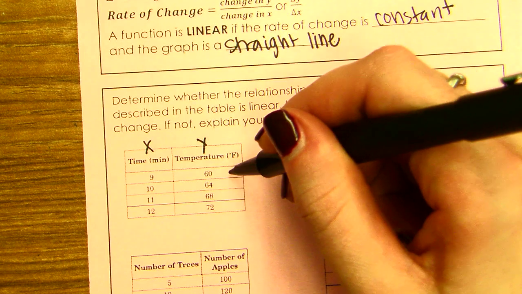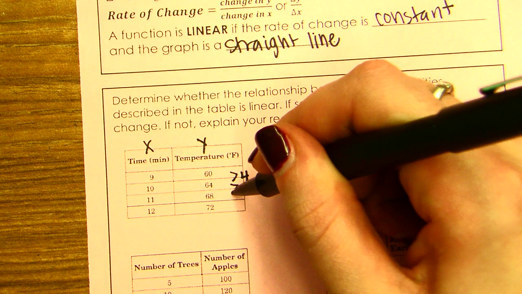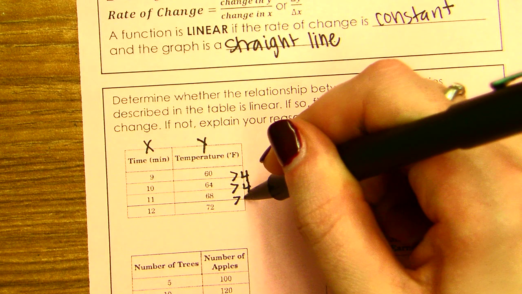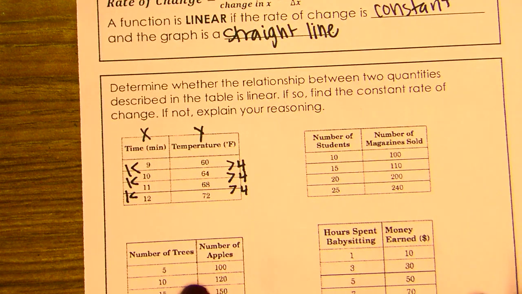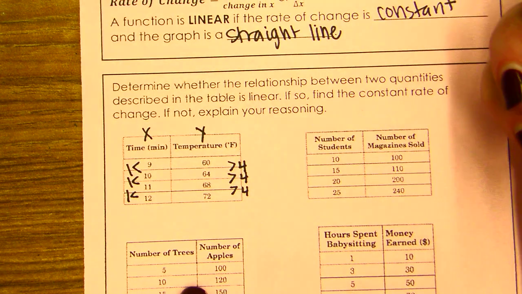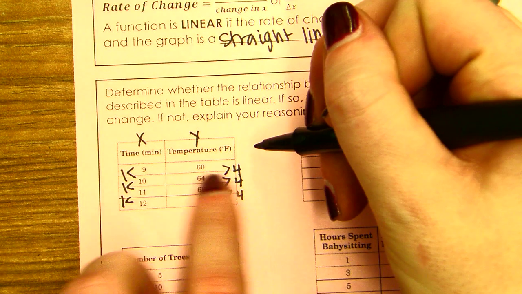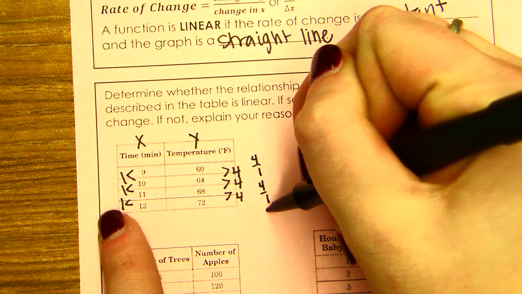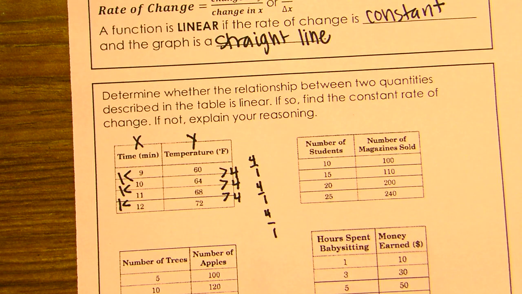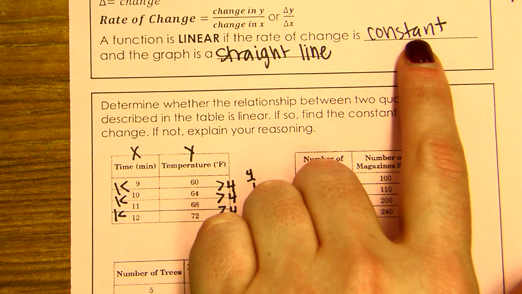So the change in y, this is going up by 4, 64 to 68 goes up by 4, this goes up by 4, and x is going up by 1s every time. So remember, it's change in y divided by change in x. So we do each row. 4 over 1, 4 over 1, 4 over 1. Since it was always the same, we say the rate of change is constant,